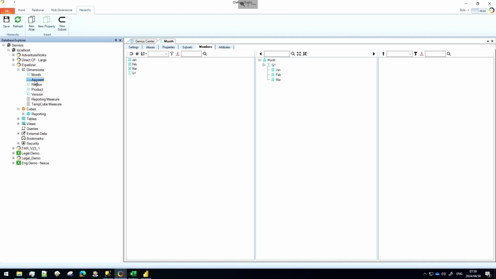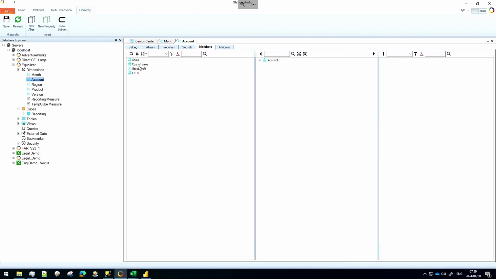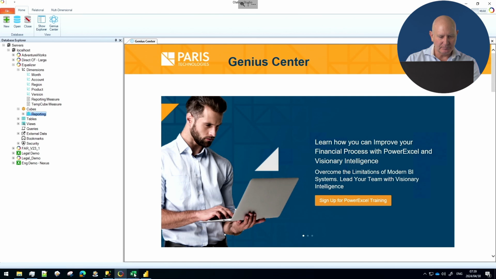Let's have a look at account. We've got sales, cost of sales, gross profit, and this time we've defined gross profit as sales minus cost of sales. A very simple idea. All right, and then we put them together in a cube, and we can then manipulate that data, visualize that data in Excel. Let's turn to Excel,